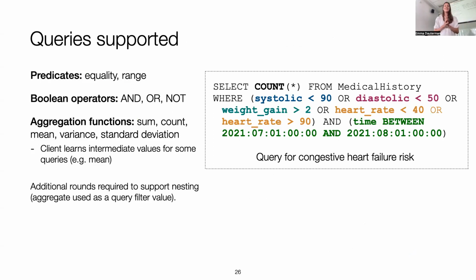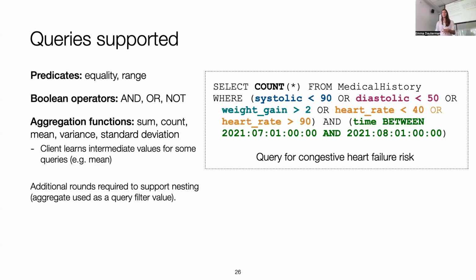Okay. So just to summarize the queries that we support, I've gone over a bunch of techniques. So we can support equality and range predicates. I've shown mostly just equality predicates so far, but there are also FSS constructions for range queries. And these are going to map pretty directly to range predicates. We can chain together Boolean operations for and, or, and not, and support aggregation queries for sum, count, mean, variance,